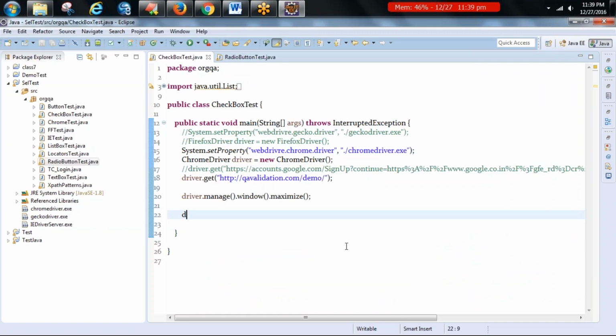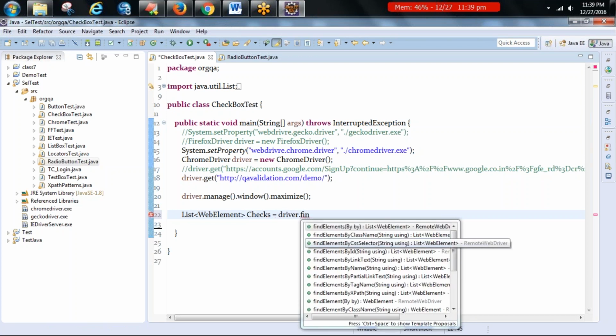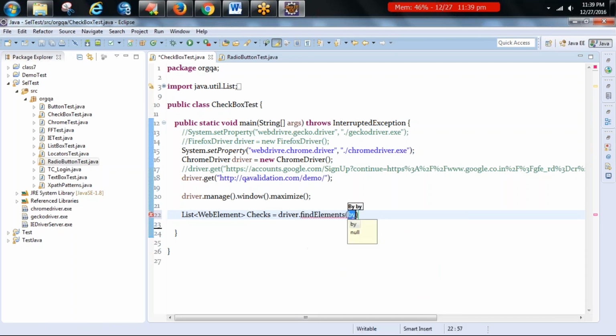Now let's quickly see that. So now directly we will put the checkboxes inside a list, same thing, web element. See, even the checkboxes are nothing but individual elements, right? So let's call it checks. Checks is equal to directly driver.findElements. Here we need to use findElements because we are getting multiple elements. So by XPath,